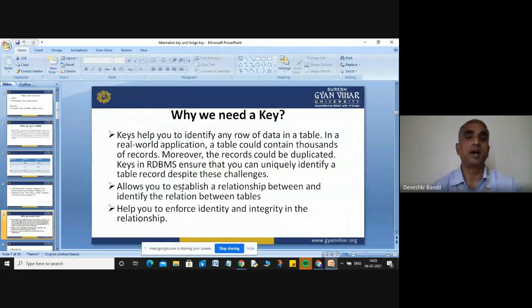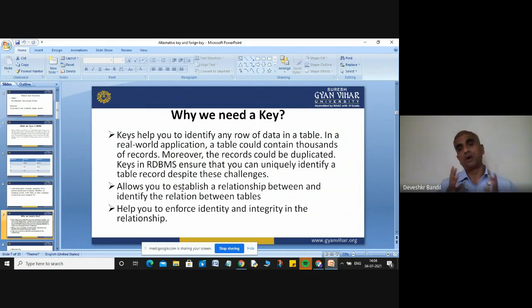And why do we need a key? Why is a key compulsory? A key helps you identify any row of data in a table. Through the key you can identify a particular record, a particular row of data in a table. In a real world application, a table could contain thousands of records.